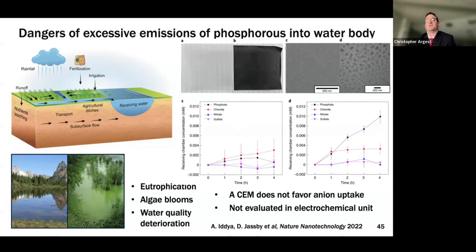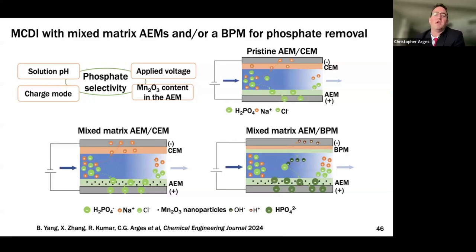So what we wanted to do is put this in an AEM, which is an anion exchange material that would take phosphate anions, and we wanted to do this in an electrochemical unit. And so we looked at a case where we had traditional flow-by MCDI. This is where we made a membrane with those particles added to the AEM, a mixed matrix AEM with the CEM, and then where we put a bipolar membrane. This bipolar membrane is going to make this stream alkaline during charging, and then that will deprotonate the phosphate salts, and then this membrane has a high affinity for phosphate to enable the selective separation.